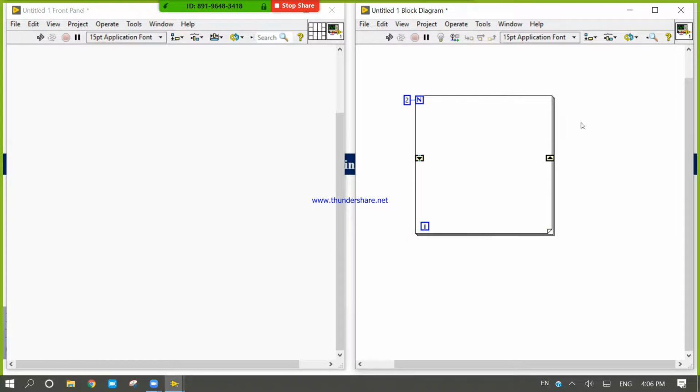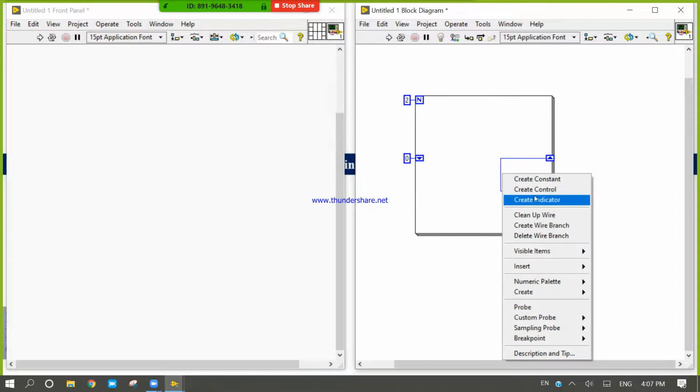Okay, right click here, connect here, right click and create constant. Just do create constant because we are initializing. Here, right click, create indicator.